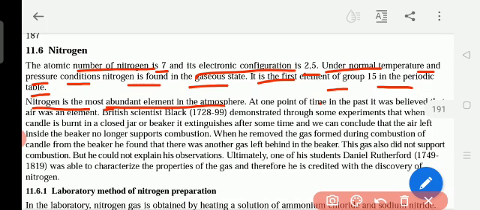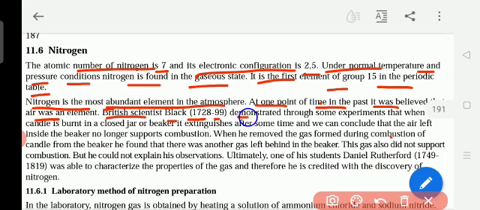For example, nitrogen is present at about 71%, whereas oxygen is present only at 21%, and hydrogen is present in less amount. So nitrogen is in abundance, meaning more. At one point of time in the past, it was believed that air was an element. The British scientist Black